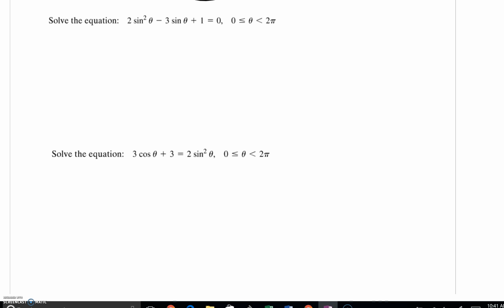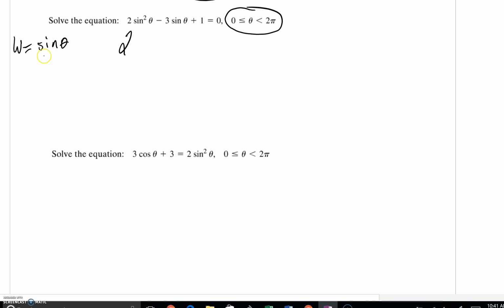Picking back up with this next equation, we've got 2 sine squared theta minus 3 sine of theta plus 1 equals 0. In addition, we also have some restrictions on our angles. We're only going to go between 0 and 2 pi. What we should notice is that there's a sine raised to the first, there's also a sine raised to the